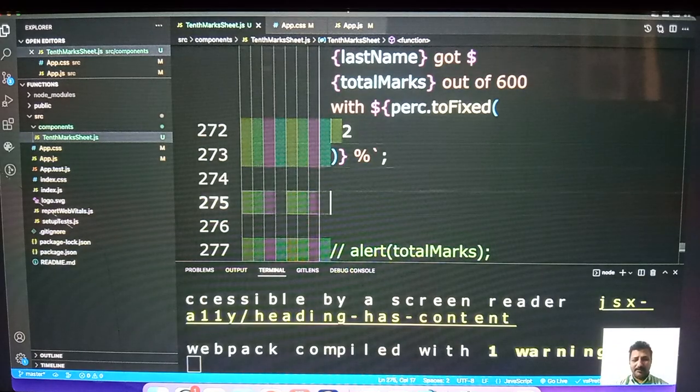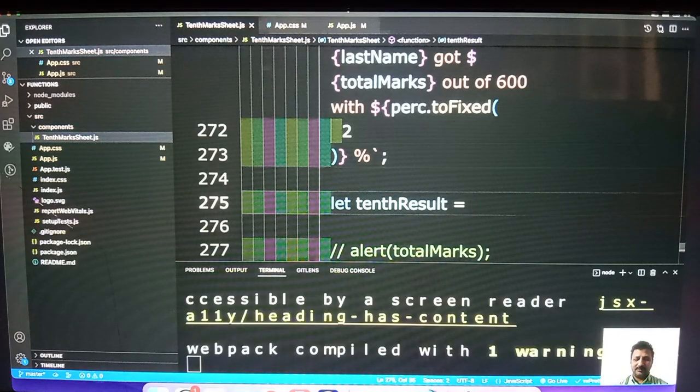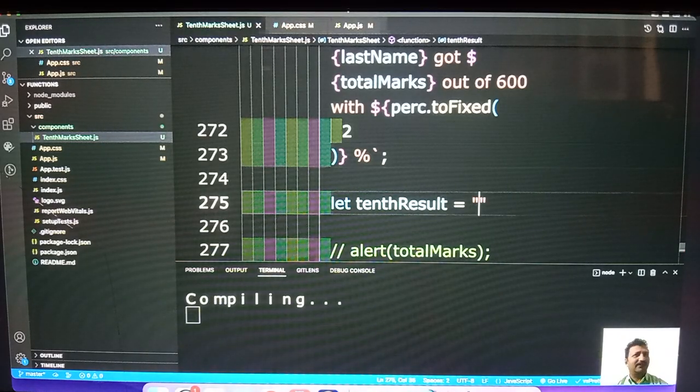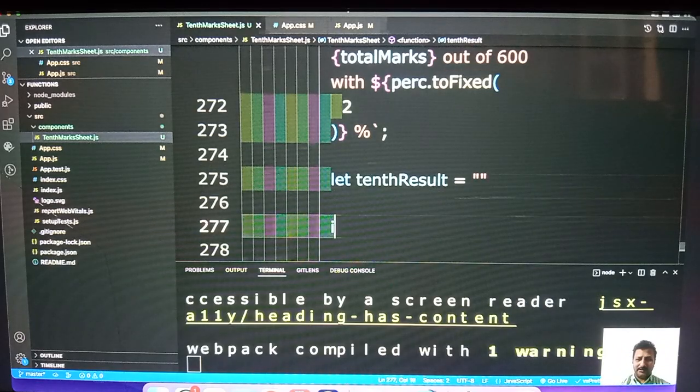I'll create a variable, let's call it 10th result. I am creating the variable, but I am not assigning any value to it as of now. And what I will do here, I will check if